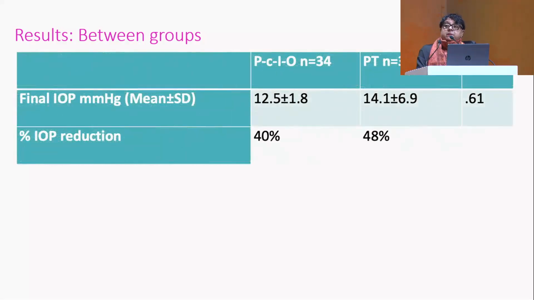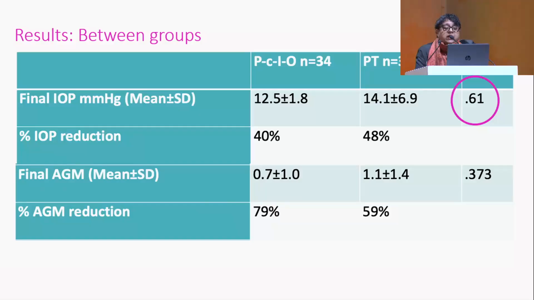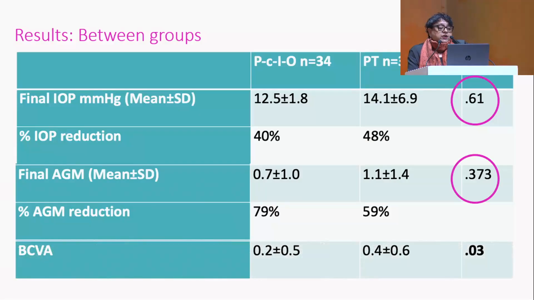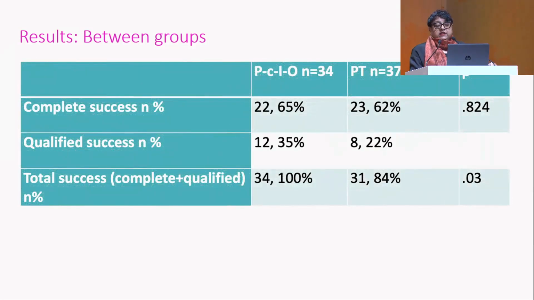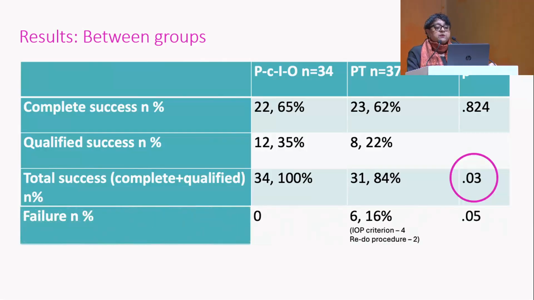When the two groups were compared, the final IOP was much better in the combined MIGS group, but this was not statistically significant, and neither was the final anti-glaucoma medication. However, visual acuity was statistically significantly better in the combined phaco-MIGS group. Between groups, complete success was not very different, but total success was better in the combined MIGS group. Failure was more in the phaco-trab group. So was the